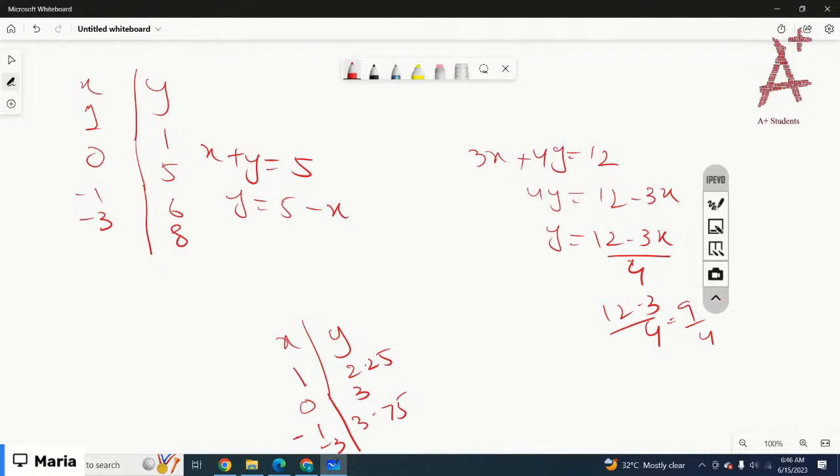My 3 minus 3 plus 3 is positive 9, and 12 plus 9 is, sorry, 12 plus 9 is 21, and 21 divided by 4 is,